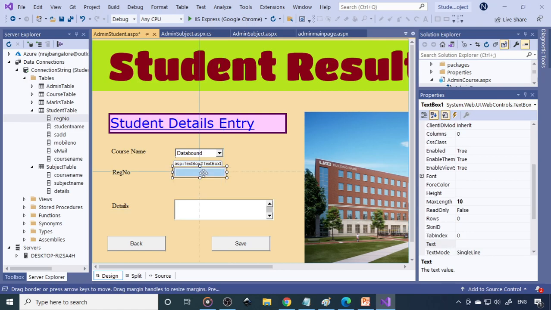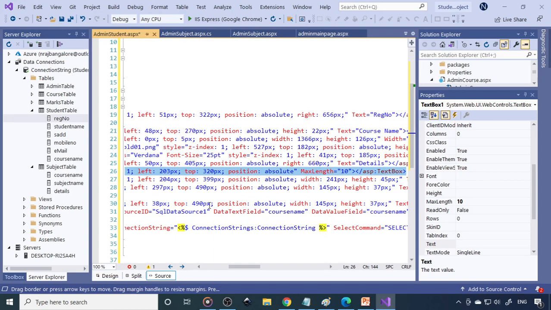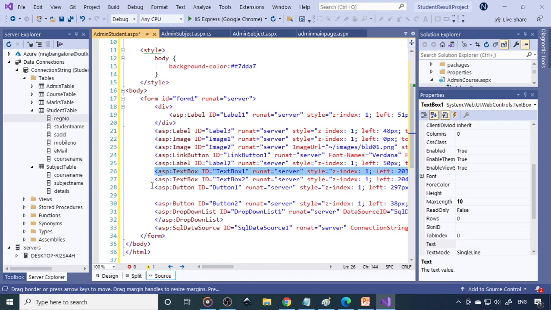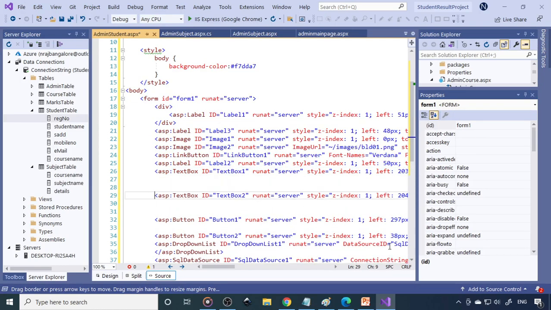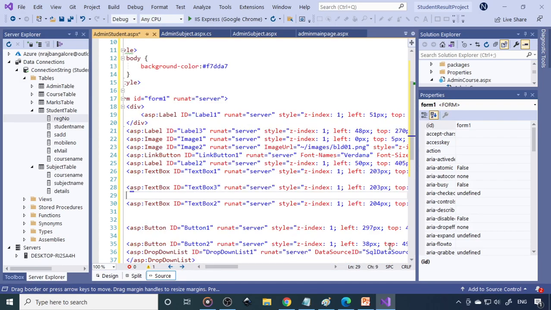Okay, this is text box 1. So copy the text box 1, text box 2. Before text box 1 only I'll paste, that I'll change to text box 3. So now this becomes text box 3. What I'll do is I'll just make this text box 3 and this is text box 2.